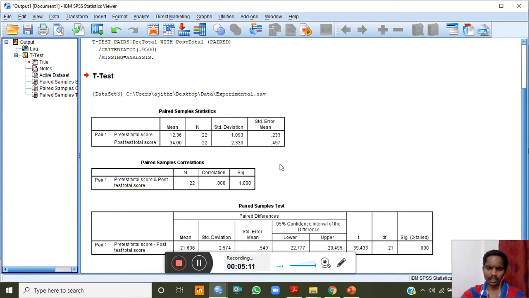Of course, we can see this correlation also, which is one of the assumptions when we are doing the paired samples t-test. Of course, there should be a correlation between the variables. So for the time being, I am skipping that. We will go to the t-test then.